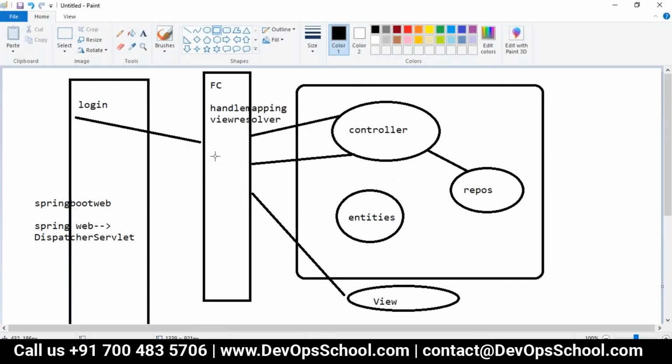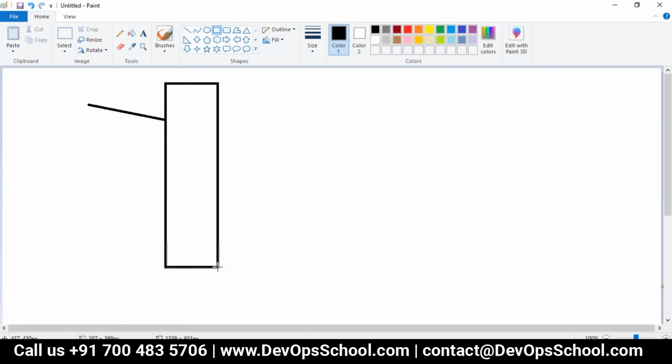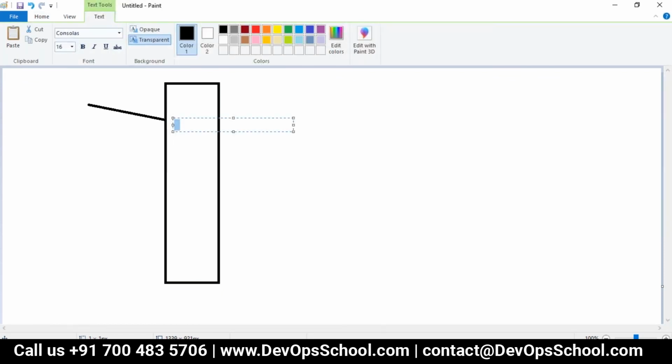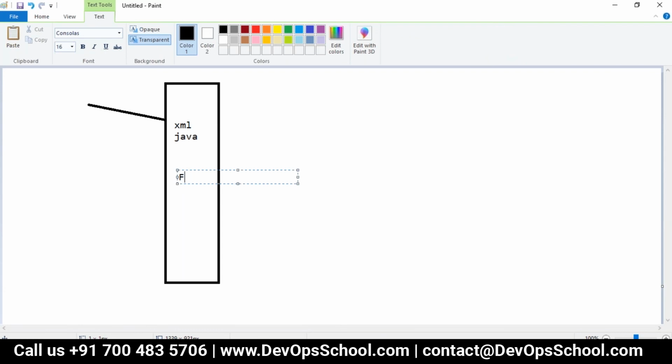So what is happening when you are sending any request? You are sending one request here. That request should go to one front controller. So we have to configure a front controller here. Either you can configure it using the XML way or the Java way. Any configuration you can do. So for Spring, that's what we discussed in the previous session. So this is now the front controller. The front controller which is already available in the Spring framework is the DispatcherServlet.